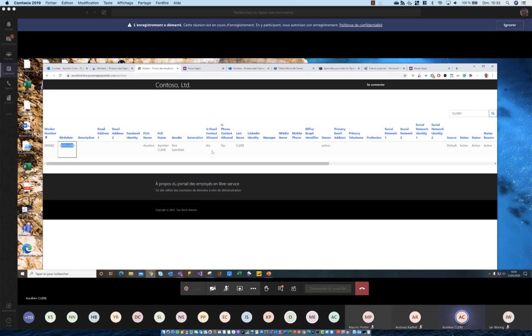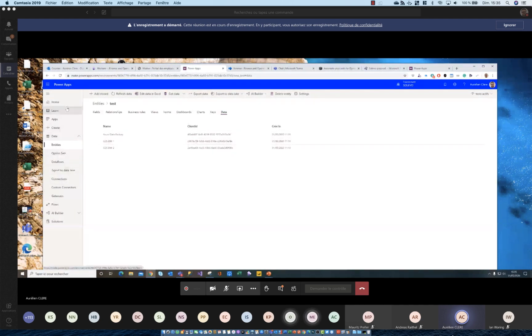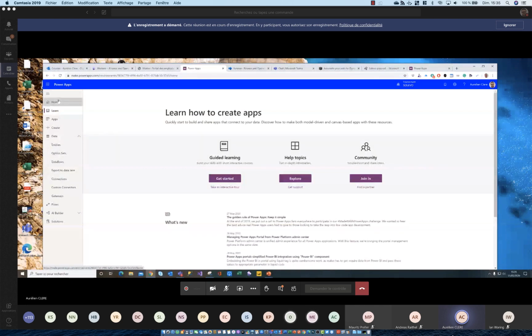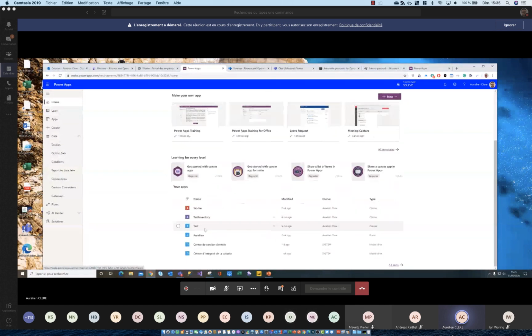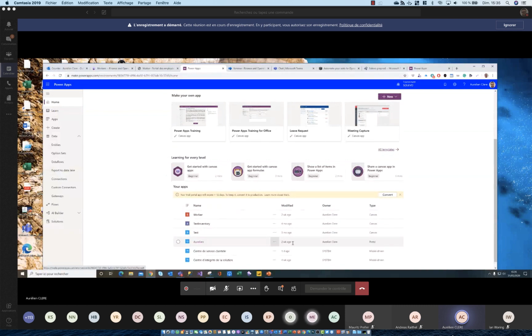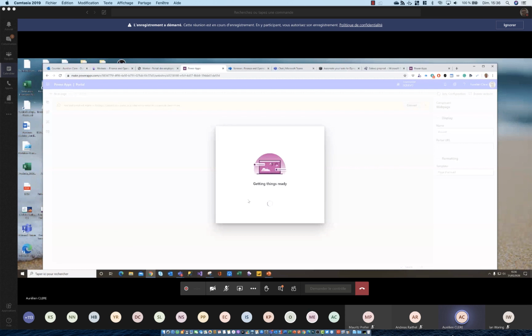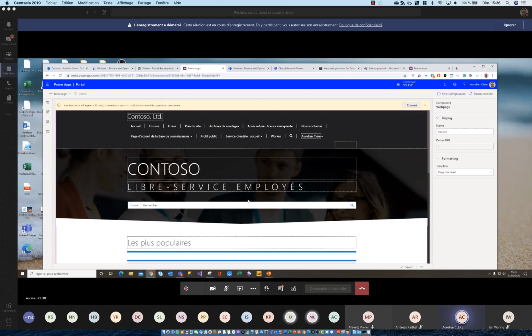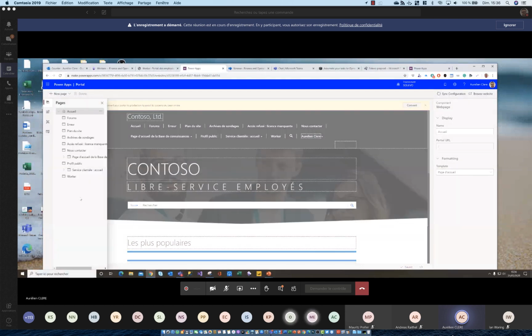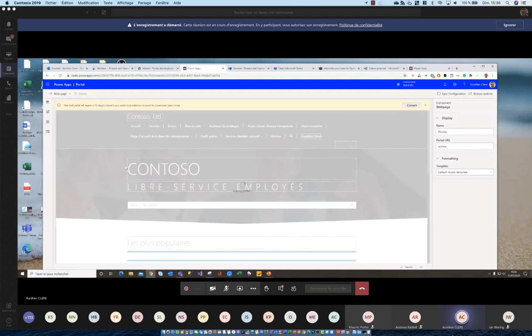And of course, it's a web portal, so you can customize with HTML, CSS, JavaScript, of course. But if I want to show you how it works very quickly on my Power Apps portal, where it is here, portal. You can, of course, do a trial if you want to try Power Apps portal. So you will see that you are on the editor of Power Apps portal. Here you can have all your pages, like me, the worker page that I created, a new page.